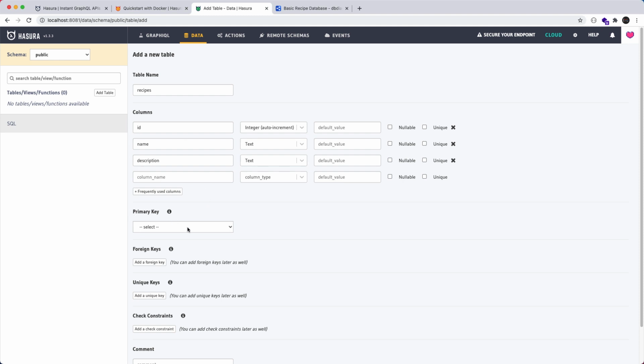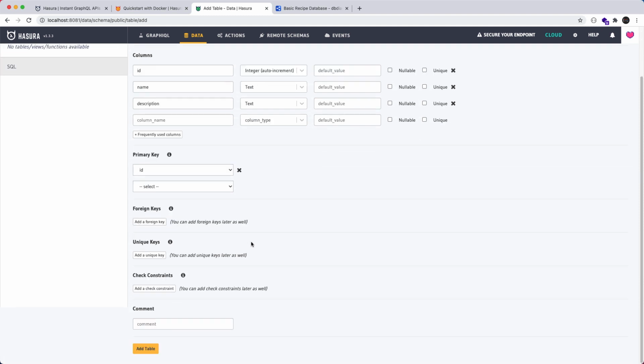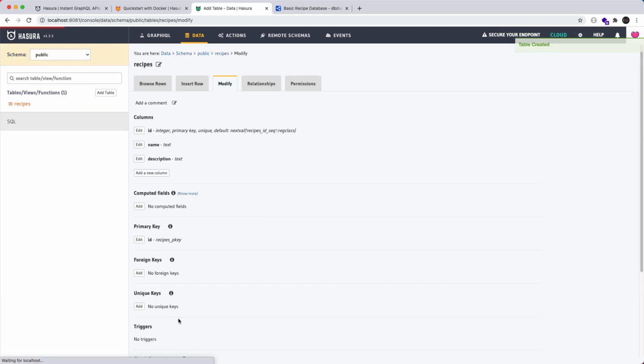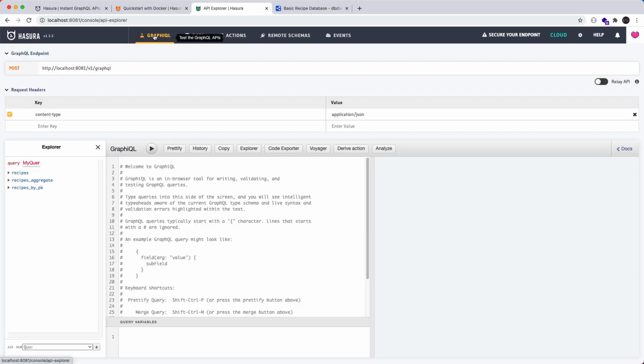I'll come down here to primary key, and then I'll select the ID column as the primary key. Everything else I'll leave alone for now, and I'll click on add table. So once this table has been added, if we go back to data, if we come to GraphQL and we